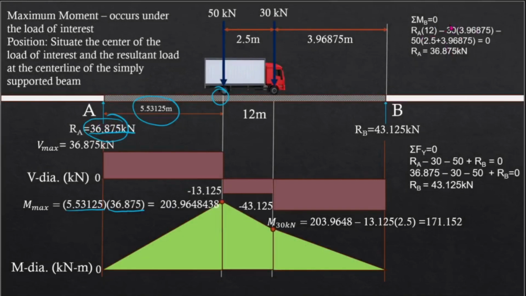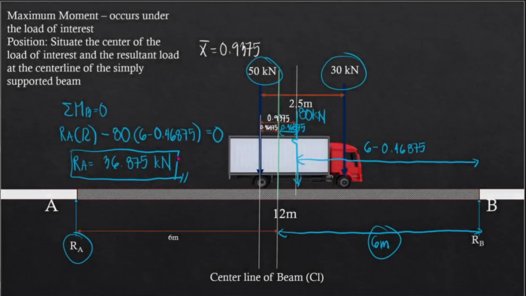But in our solution right here, we actually used two values. We have 30 and 50. But for our alternative, we only used the resultant load. And so this is better to use when you are solving the maximum moment. Because once you have RA, you can just multiply it by the moment arm, which is again this distance. This was 5.53125. Now multiplying this one by this distance, you can get the moment under the 50 kN load,